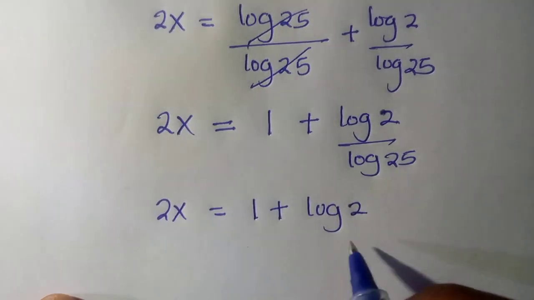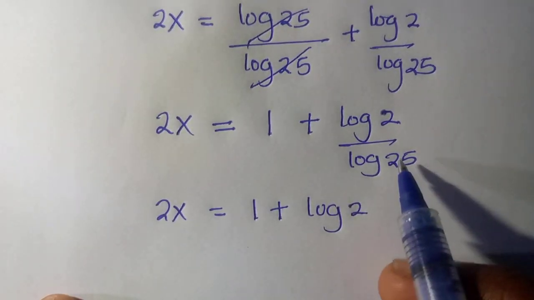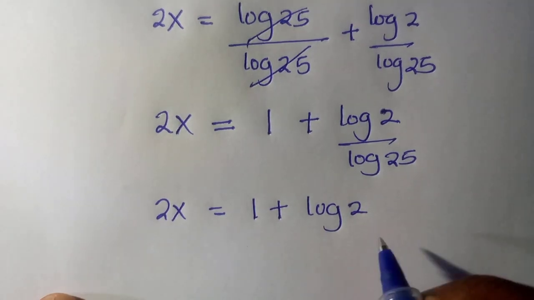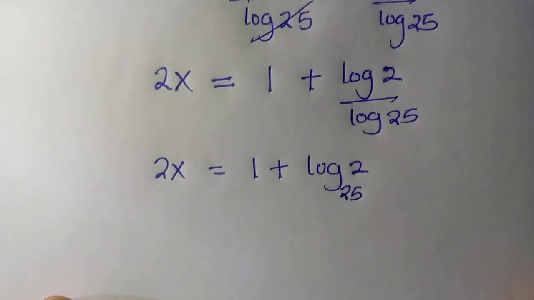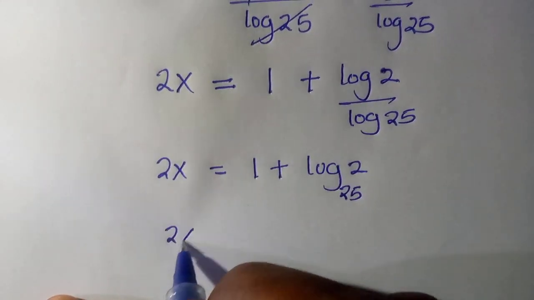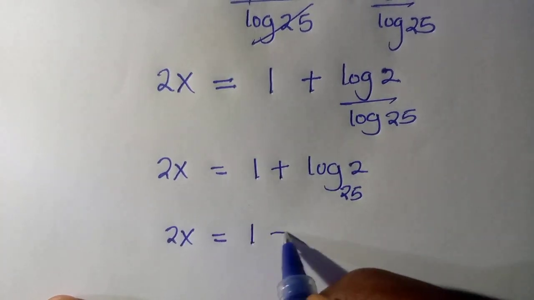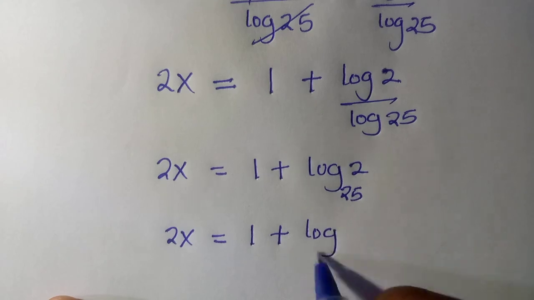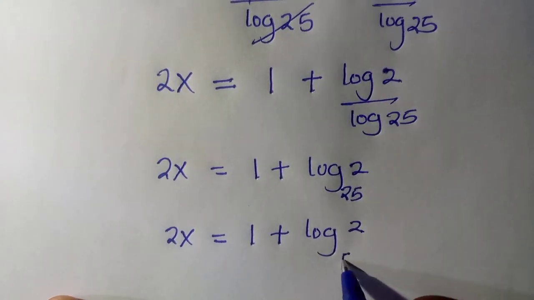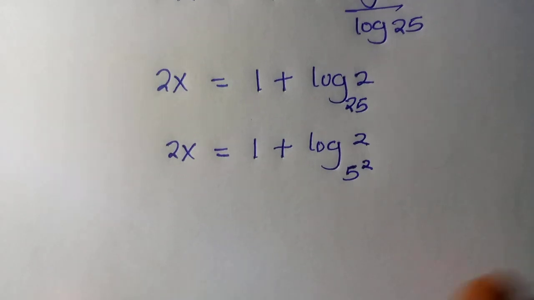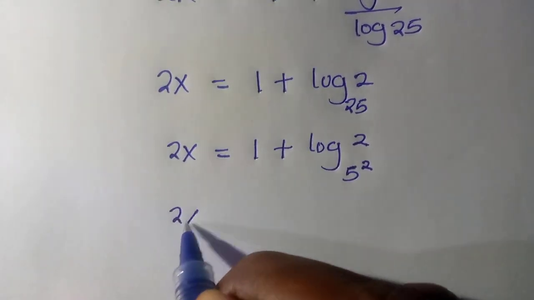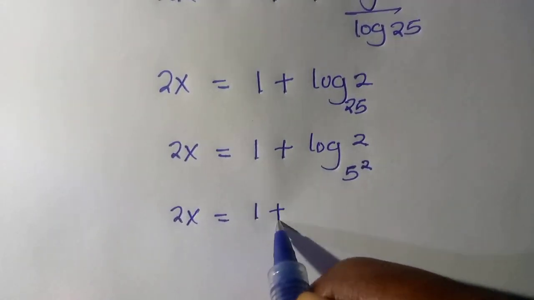log 2. When we have log 2 divided by log 25, we can write it as log 2 base 25. So here we have 2x equals 1 plus log 2, then 25 can be written as 5 squared. I also have another rule that says if you have log